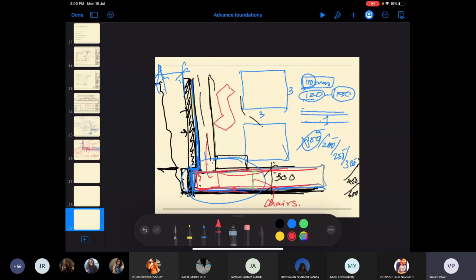Bottom reinforcement, of course, will have cover. Okay, at every whatever is the specified dimension. So these reinforcements will be either 16 mm, 12 mm, or 20 mm, depending on the design of the reinforcement. And then once these chairs are in place, you start pouring the concrete. Yeah, are we clear on this?